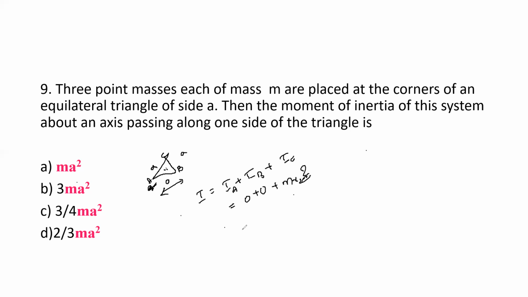As we know the value of x here, we can write I is equal to m into bracket x square, that is nothing but a into root 3 divided by 2, whole square. Therefore, it becomes 3 divided by 4 m a square. That is option C is the right option here. And the next question is,